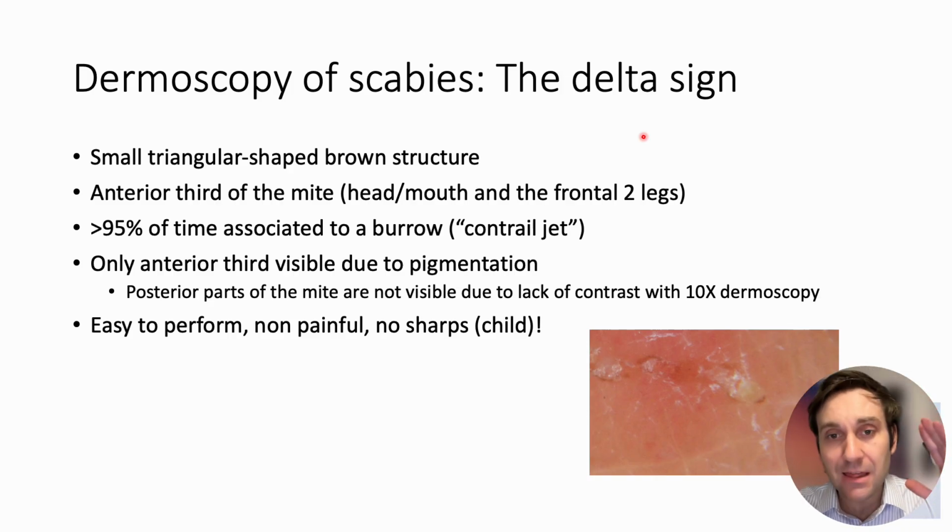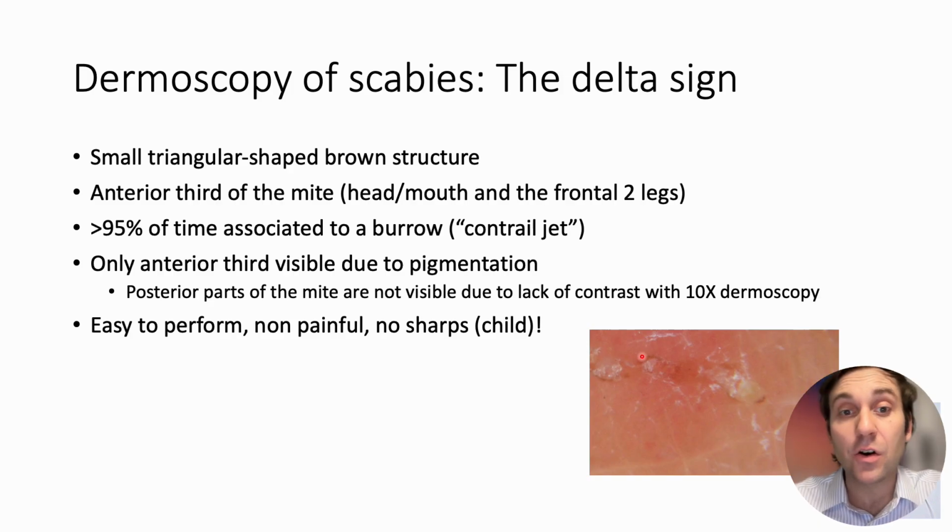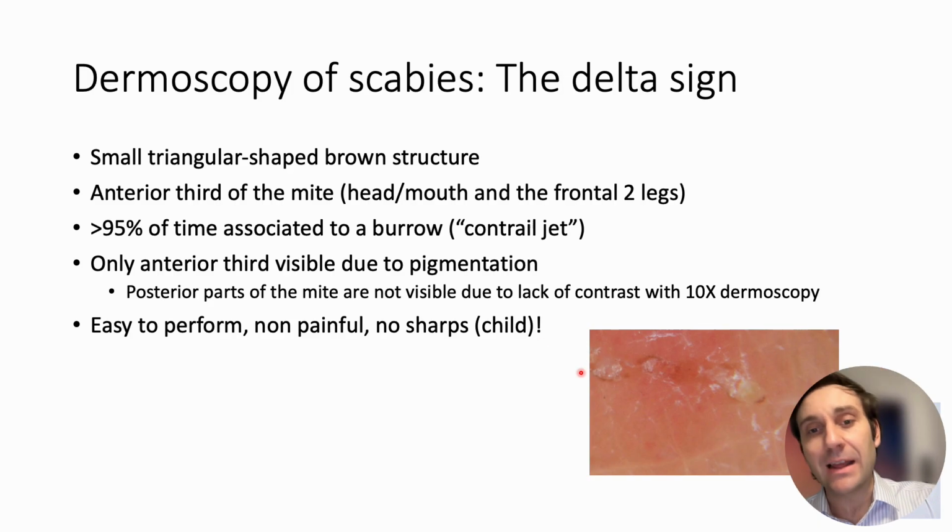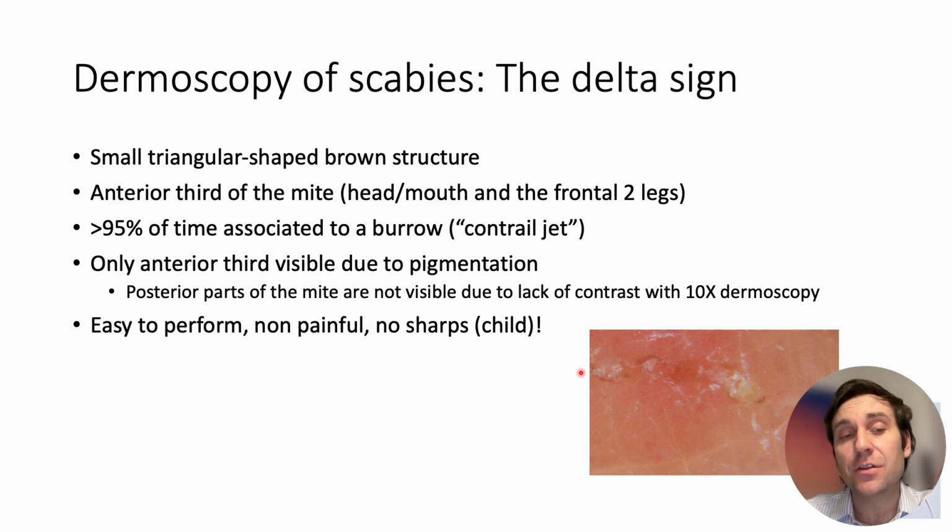It's just the head, the mouth, and the frontal two legs of the mite. More than 95% of the time, this delta triangular sign here is associated with this burrow or the contrail jet, this wide hyperkeratotic linear structure behind the delta sign. Remember that you can only see the anterior third of the mite due to slight pigmentation of this mite, because